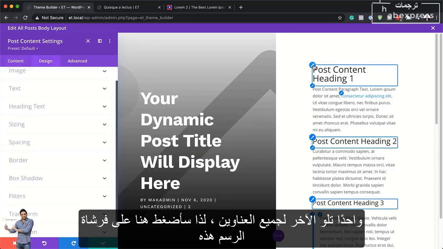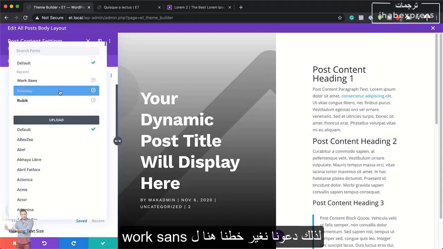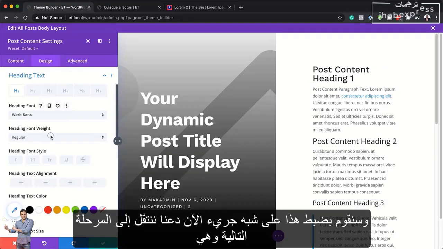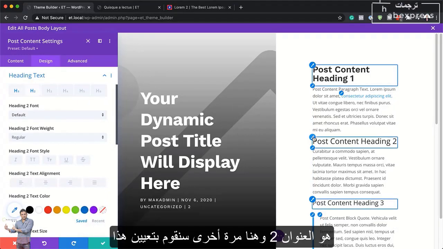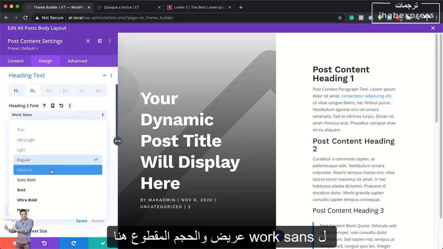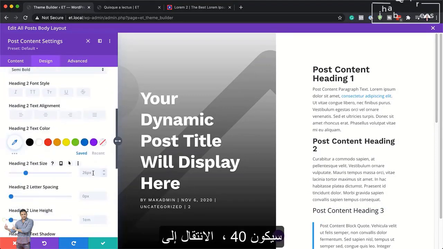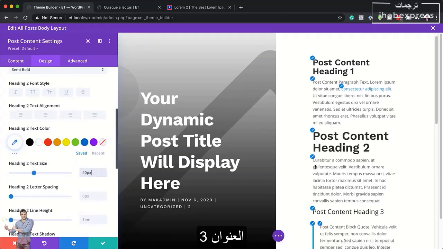So I'm going to click here on this paintbrush tool, and this is going to take us straight to heading 1. So let's change our font here to Work Sans, and we're going to set this to semi-bold. Now let's move on to the next one, which is heading 2. And here again, we're going to set this to Work Sans, semi-bold, and the size here is going to be 40. Moving on to heading 3,